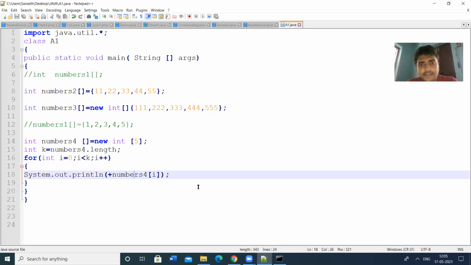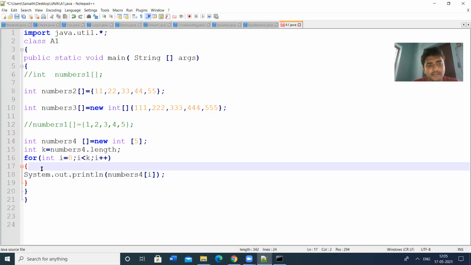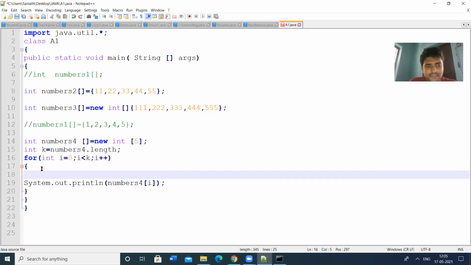Here we are not assigning the array values, we are just printing the array. So we have to assign the array values. How can you assign the array values? This is one method. Numbers 4 of index value 0 is equal to 23.